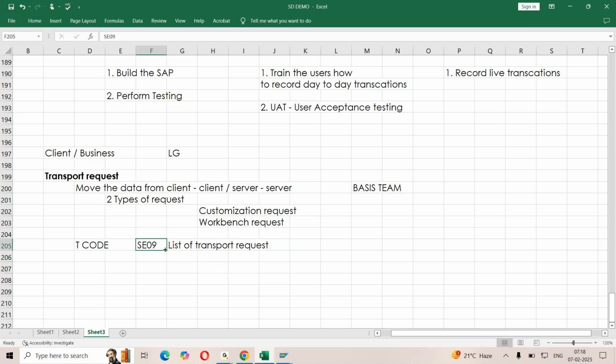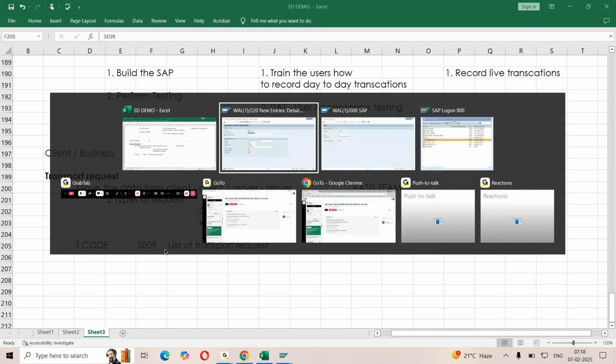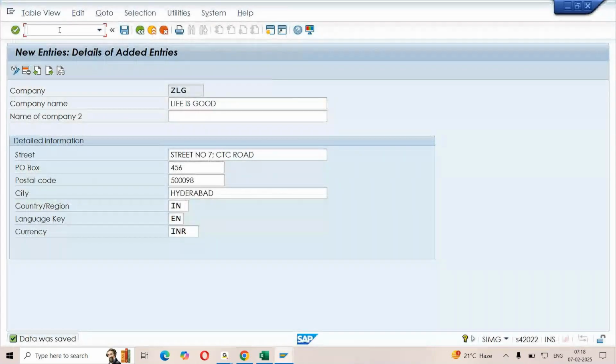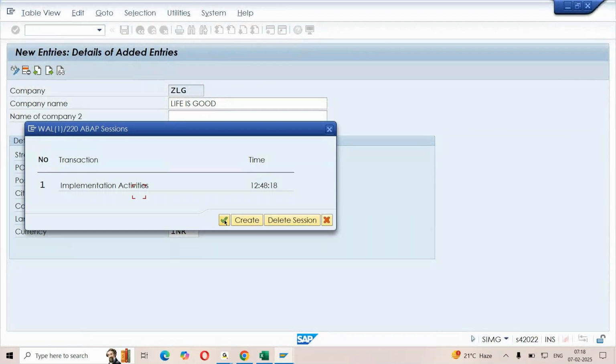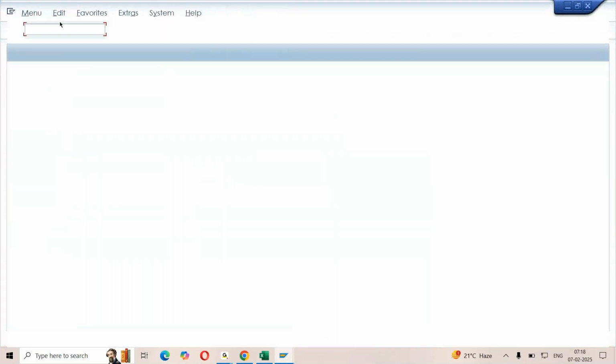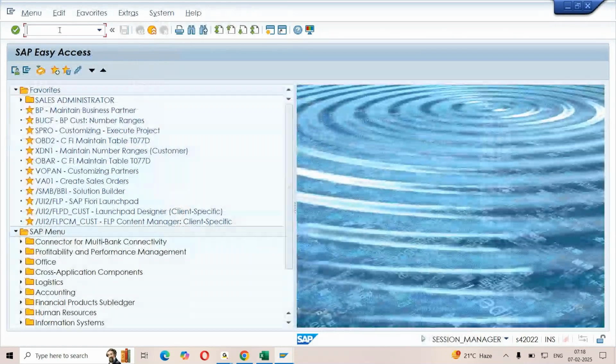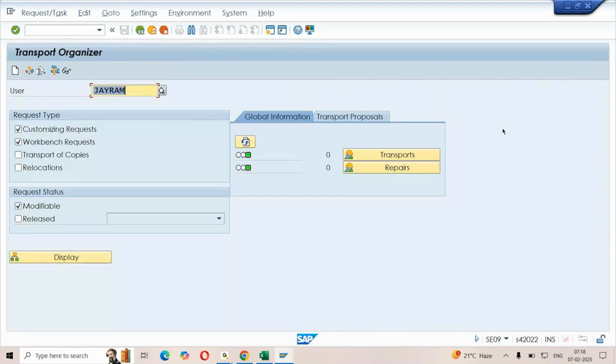Now to open that SC09, I'm opening a new session by using /O as a T code. A new window opens, and here I enter that particular transaction code SC09. If you click on this SC09, this is how the screen will look.